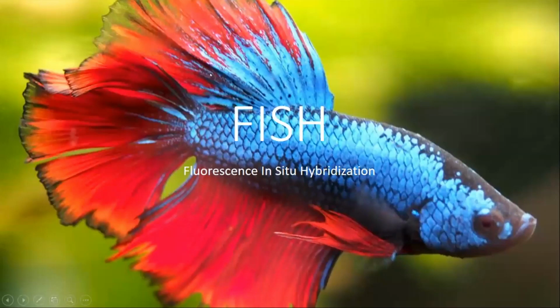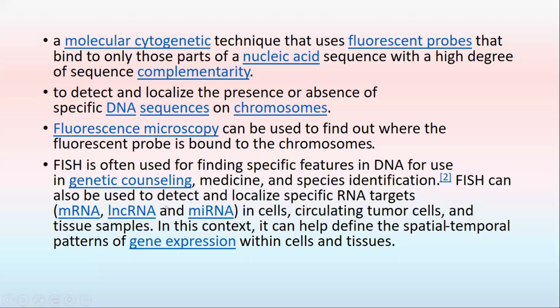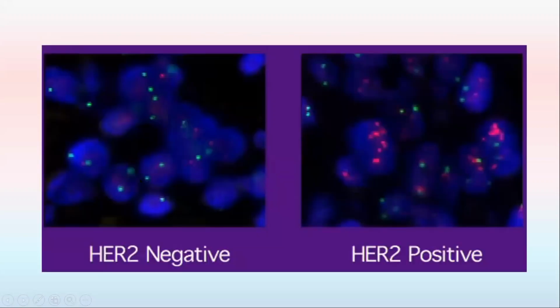Another staining which is more specific is the FISH, fluorescent in situ hybridization. This is part of the molecular stains. It's very specific, basically at the molecular level. We stain the DNA, the chromosomes. So it is very specific and it's very expensive. And this is how it looks like.